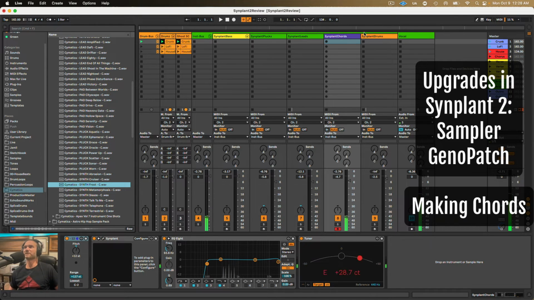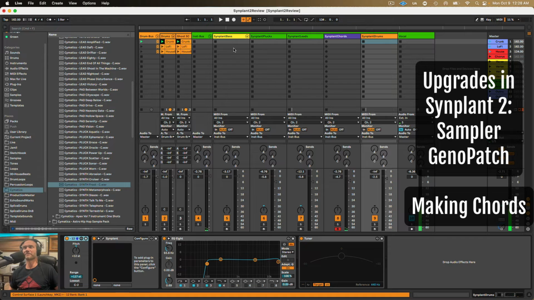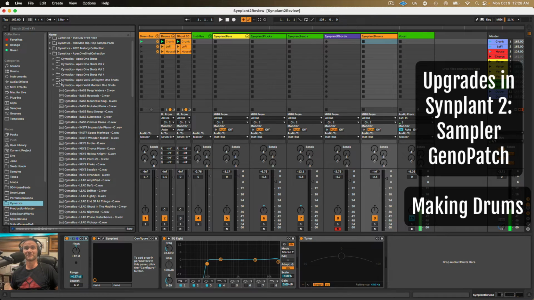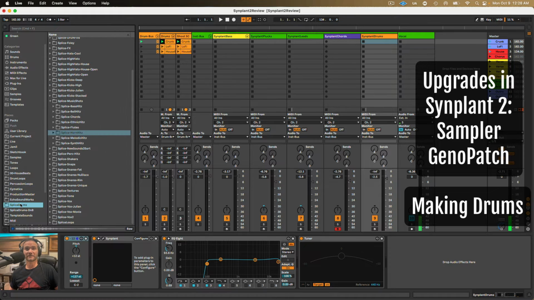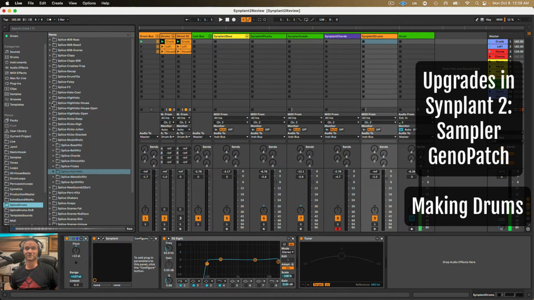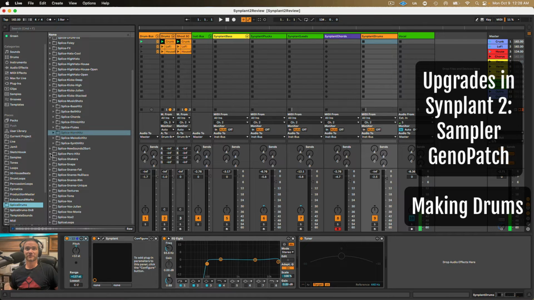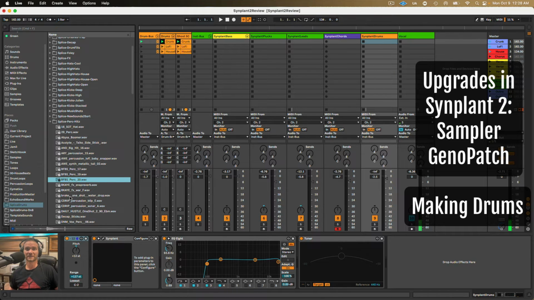Alright, so now we got a whole bunch of instruments. I'll make a beat in a sec, but first I just want to show you that it can do the same thing with drums. It can recreate drums, which is really cool. So for kind of cool percussion,